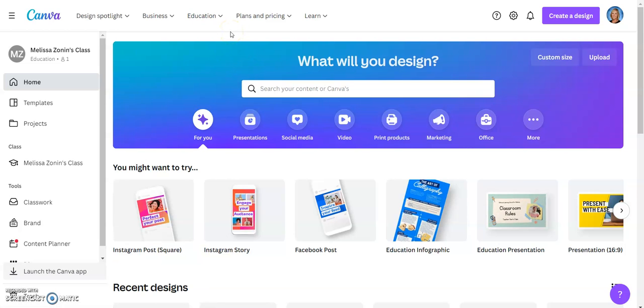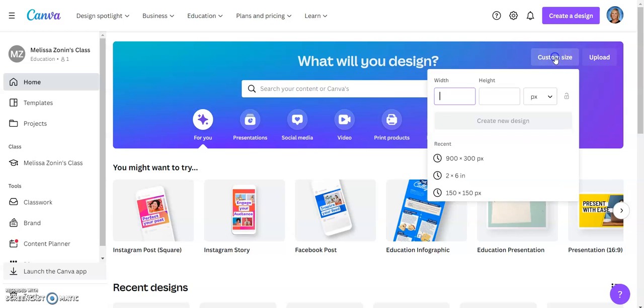Okay, so this is Canva, and I'm just in my regular Canva account. If you don't know, you can get an educator license to this, which gives you all the pro access, which is really nice. But anyway, what you're going to do to make an announcement that you can embed into Blackboard is go right here to custom size, and you're going to put in 900 by 300, and then